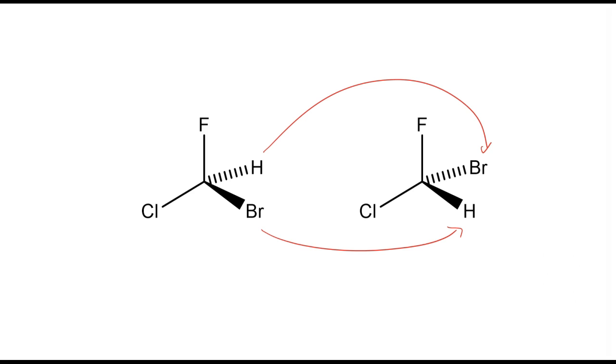These molecules are actually mirror images of one another. If you put a mirror between them, you would see the other molecule in the mirror. If you don't believe me, try it. Draw one of these molecules and use the selfie mirror on your cell phone to see the other molecule. Since this carbon atom has 4 different bonds here, you actually cannot superimpose the mirror image of this molecule onto